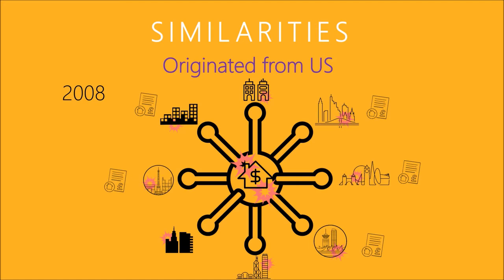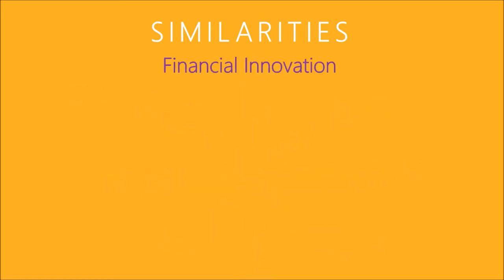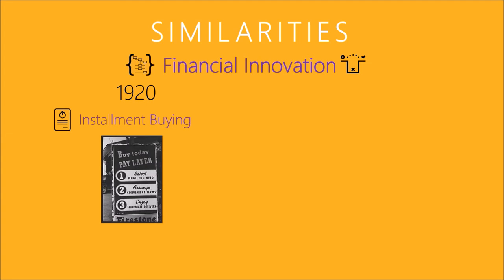But one might ask, apart from the US factor, what exactly caused the two crises? In fact, financial innovation significantly contributed to both of the crises, and this is the second similarity. It refers to the emergence of complicated and risky financial products. Regulatory mechanisms could not adequately and timely monitor these derivatives and monetary products. In the Great Depression, installment consumption became the popular mode of transaction, yet it may add burden to the lenders and increase the risk of default.